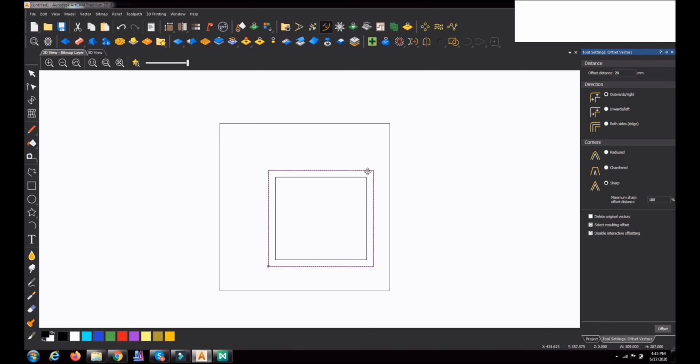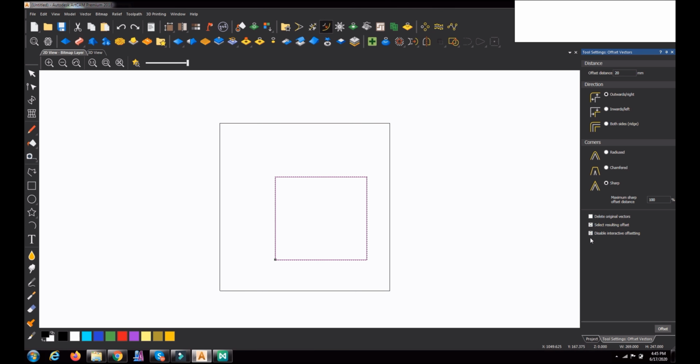You can see it in red color, it's selected now. Earlier I had selected the original vector, now because I ticked select resulting offset, it automatically selects the resulting vector. Then I undo.